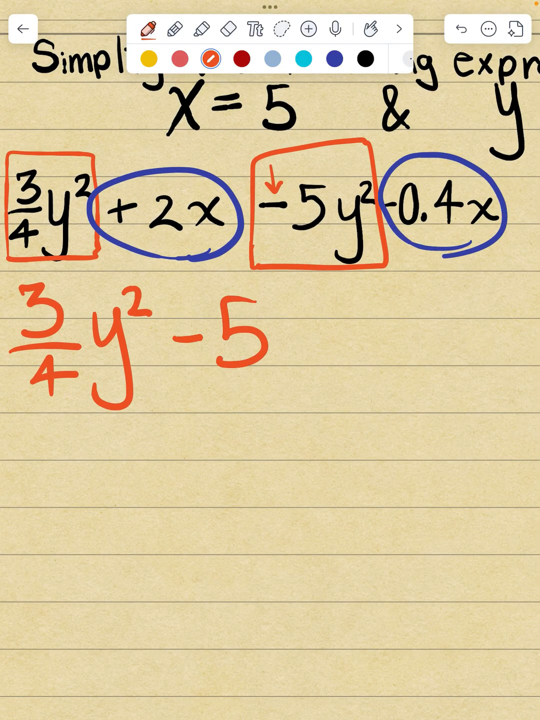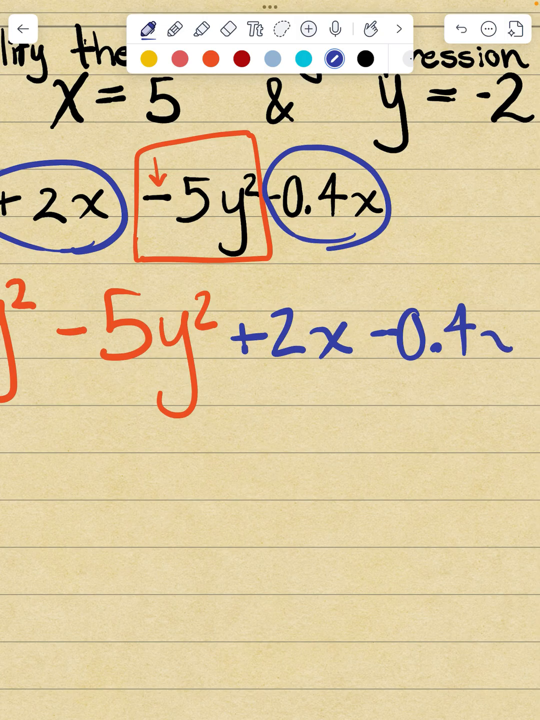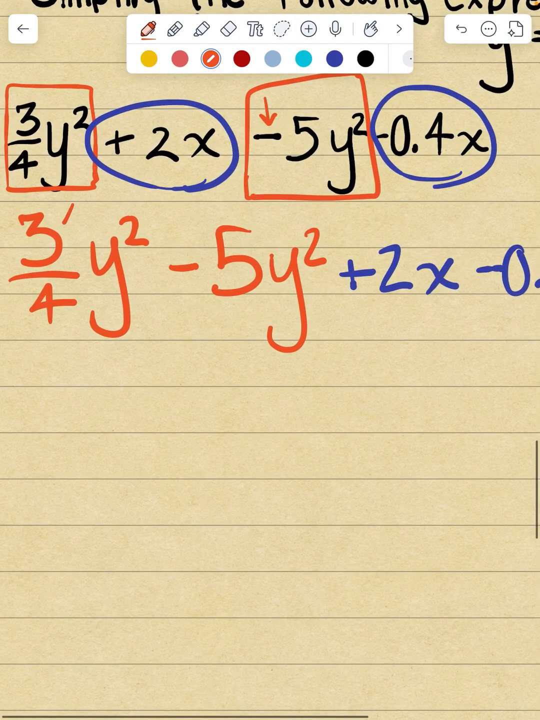y squared minus 5y squared. Okay, and then I'm going to rewrite the plus 2x minus 0.4x. Okay, again, we have a problem, right? We have fractions, but we also have decimals. So how I would do this is I would turn my fraction, 3/4, into a